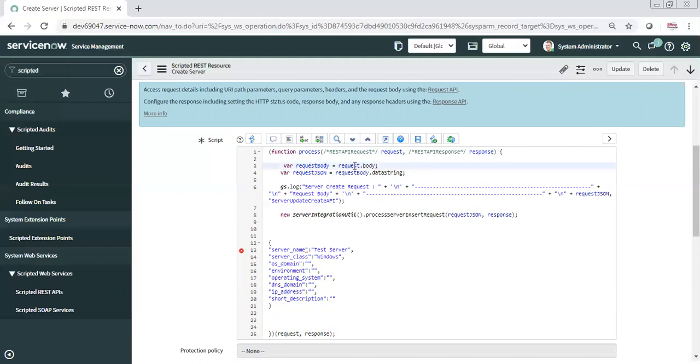So that's what we are writing here: we are defining a variable called request body, and we are saying request dot request body. This particular thing will give you what exactly they have sent. Then this is again to get the body in a processable format. Here we got the request body, and on the request body we are saying get the data string. This is a kind of fixed command, you can say. This is giving us that body in a processable format, so it basically gives us a JSON.